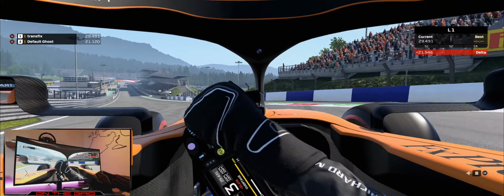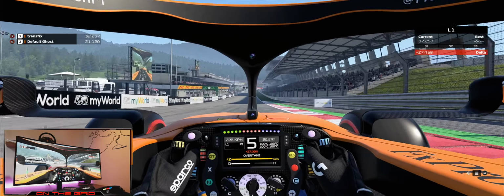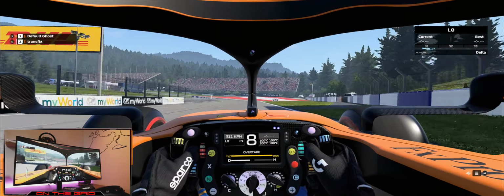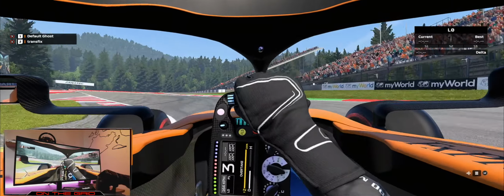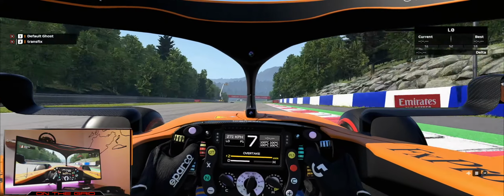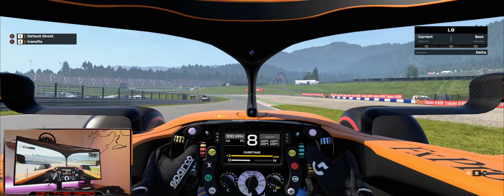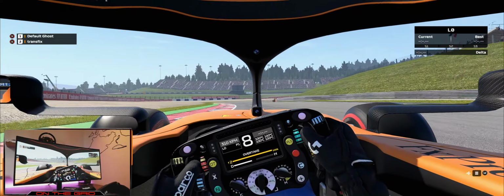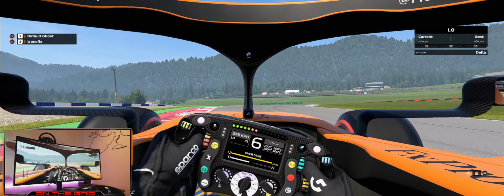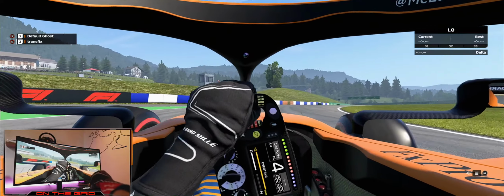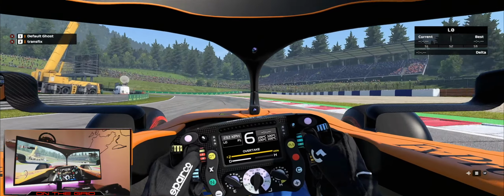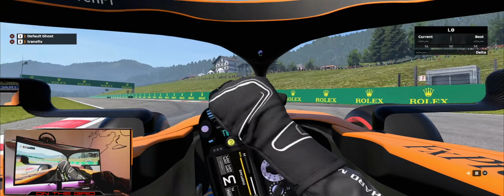All right, so here we go, lap 1 of the Styrian Grand Prix, and we get a DRS. I think this track would actually work really well in reverse, just because it has some really good sweeping corners. Oh yeah, I gotta figure out where to drop in here.